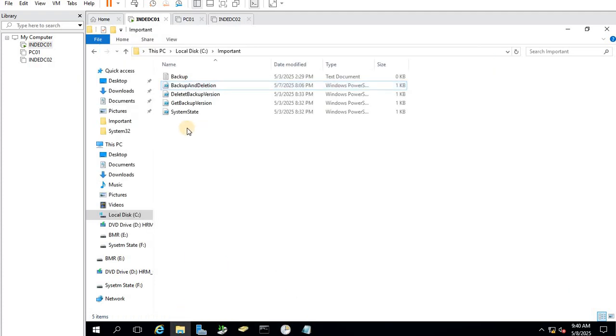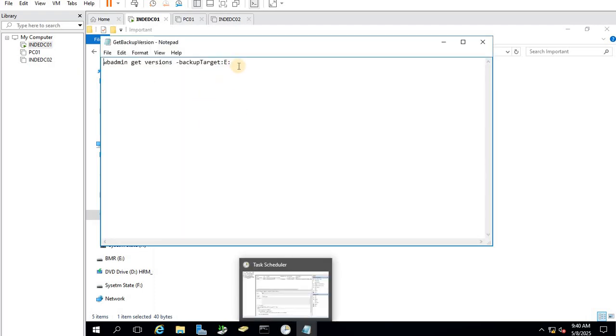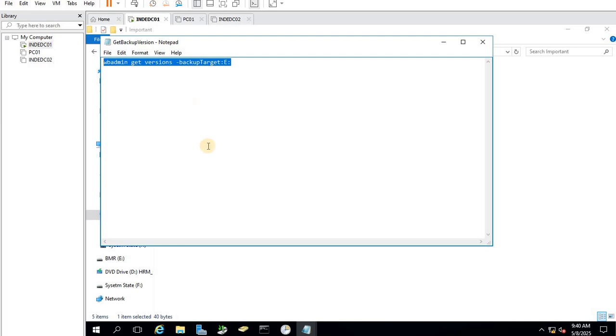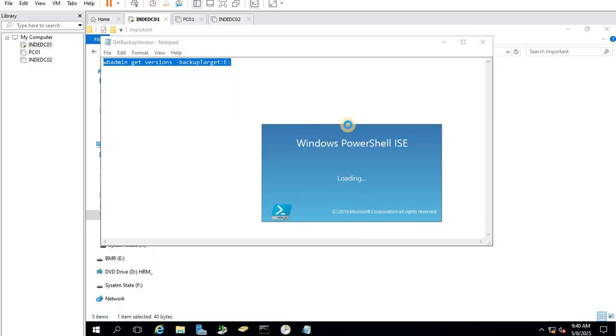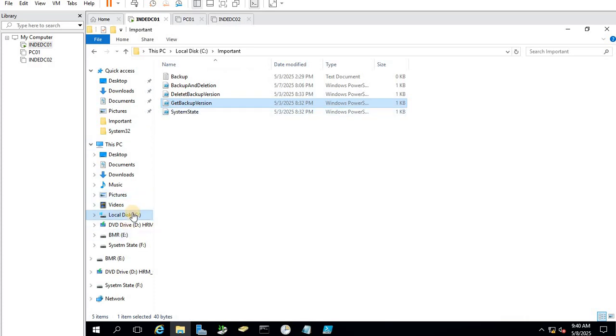And if you want to see how many backups we have already taken, you can just run this command in the PowerShell. In the E drive, I am having my image based backup, right?